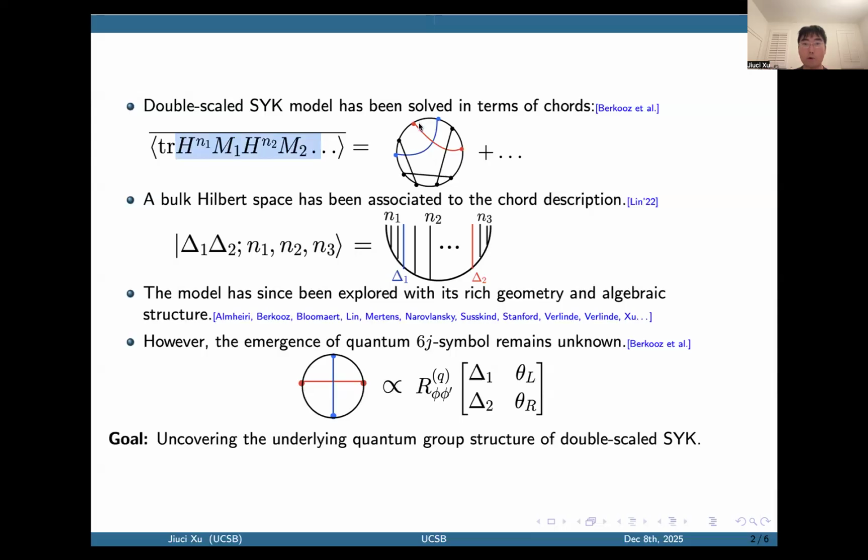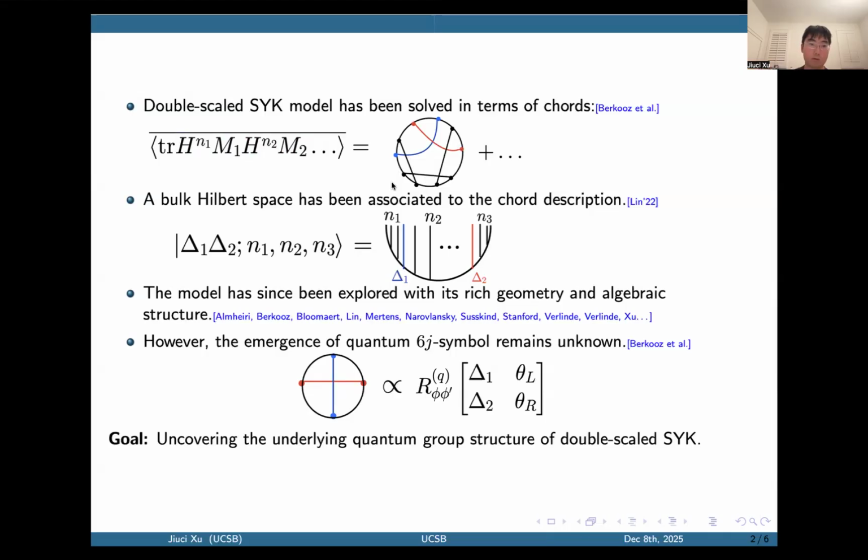A given chord configuration is depicted in the diagram here, where the diagram contributes to this correlator by a number. And the number takes into account the penalty factors associated with each crossing. The penalty factor is generally a real number that ranges from 0 to 1, which will not be important